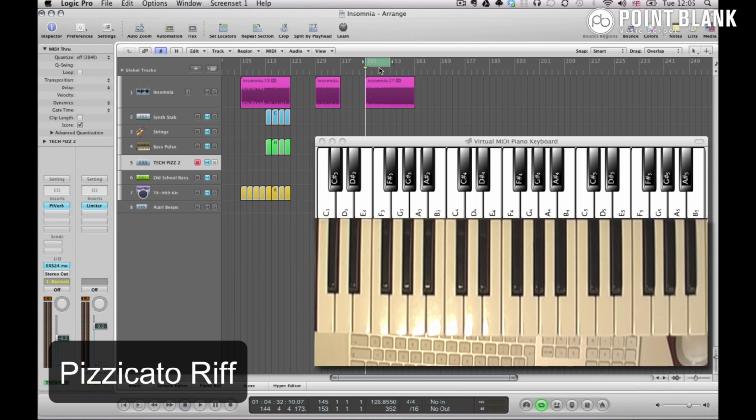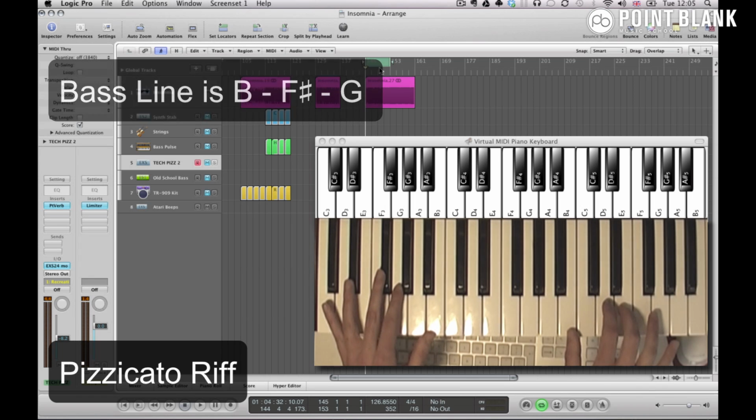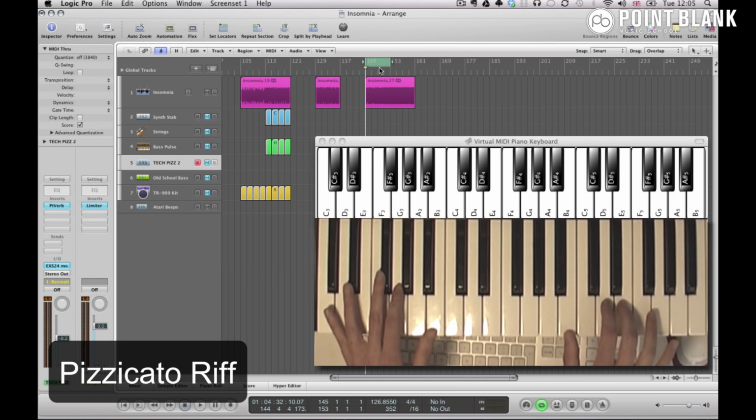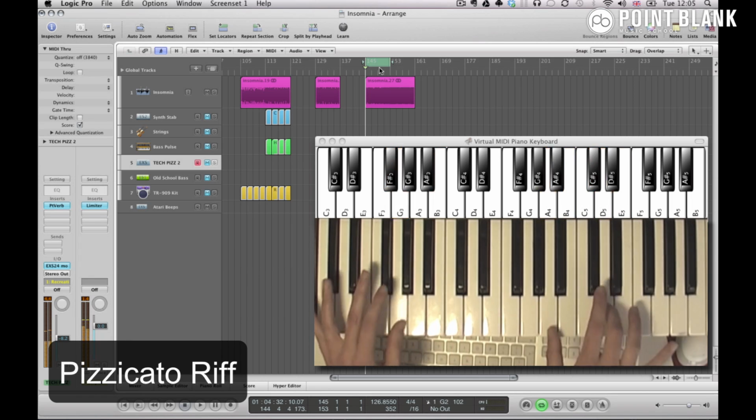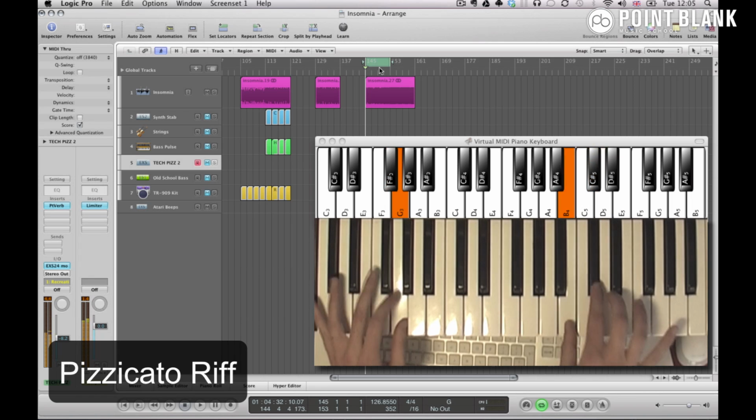What's really interesting is when the bass is played along with it, and the bass is always playing the same notes, it's kind of creating slightly different chords. So for example, we've got this first bar, and then third bar,